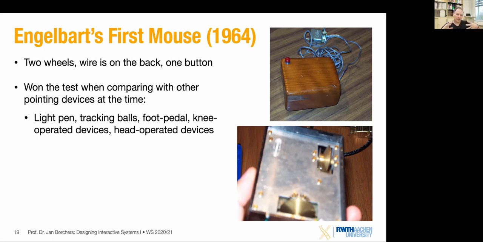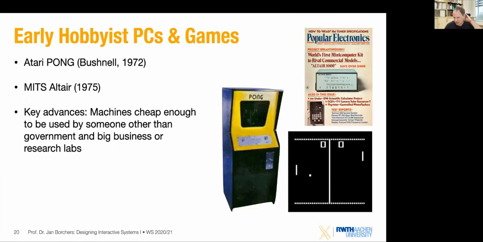Okay, so from this really revolutionary system, both the Sketchpad and Engelbart's first mouse, we're going to move into more hobbyist or back to mainstream industry things happening at the time. So we're now at the late 60s, early 70s, and how did the new way of interacting with computers transition into what people had access to at